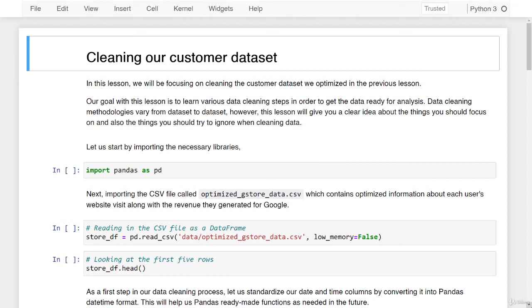Hello and welcome to this lesson on cleaning our customer dataset. In this lesson, we'll be focusing on cleaning the customer dataset we had optimized in the previous lesson. Our goal with this lesson is to learn various data cleaning steps in order to get the data ready for